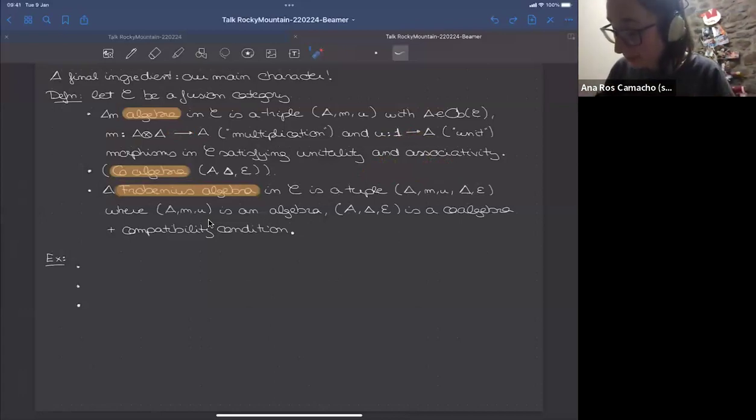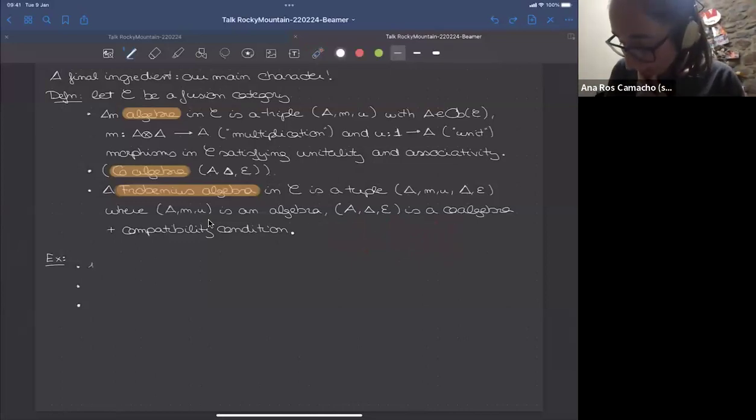And again, Frobenius algebras: if you have a Frobenius algebra in a category, then it is an object which is an algebra and a coalgebra, and then multiplication, comultiplication, unit and counit need to be compatible with each other. This is the condition I was mentioning before, in graphical language.